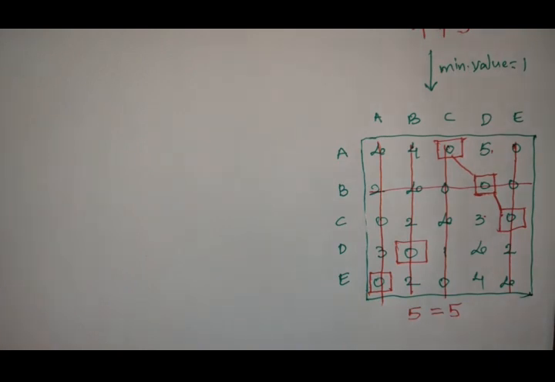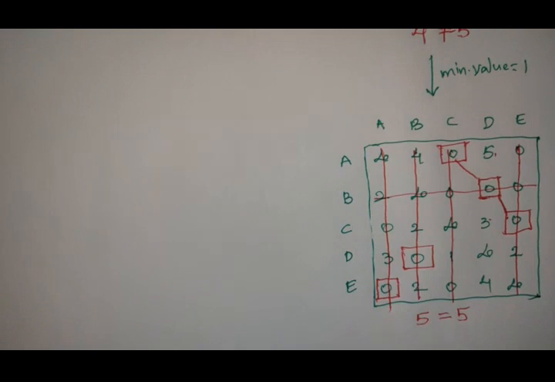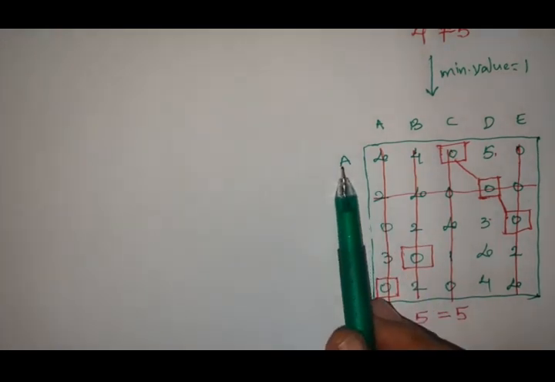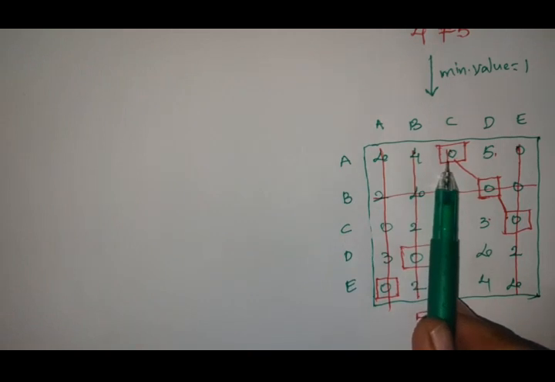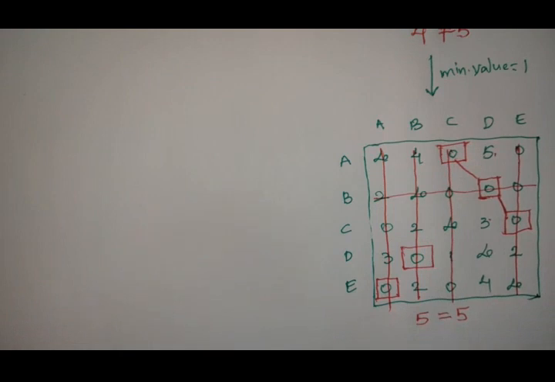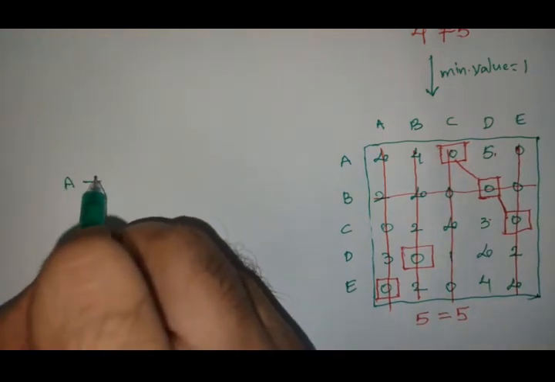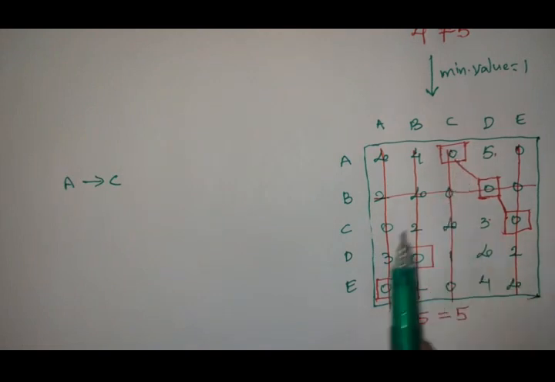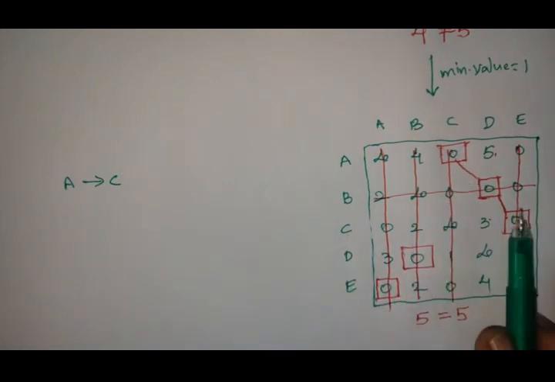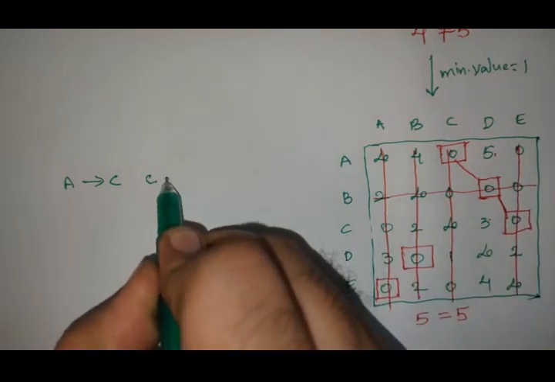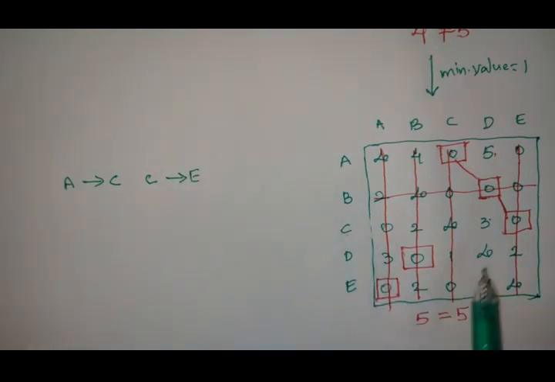So here I am taking the possible route. First, we are going to start from the city A, as it was given in the problem that we need to start from city A. So from A, where can he go? Here we have assigned C. So A to C he can go. And next, come to C. From C, where can we go? We have done the assignment at E. So C to E he is going. And next, come to E. From E, where is he going? The assignment is at A. So E to A.